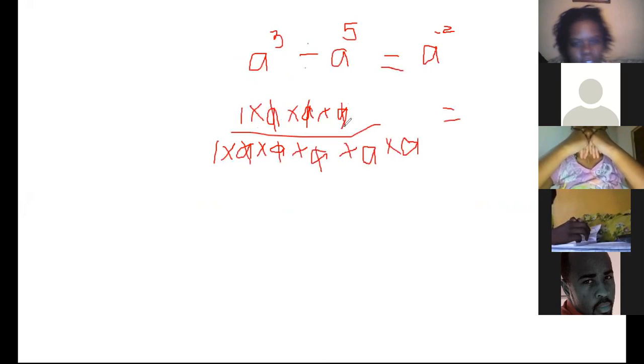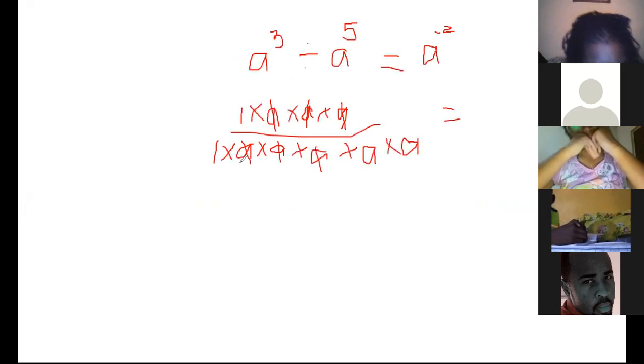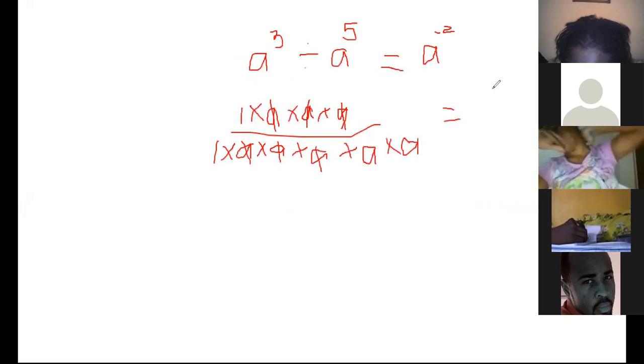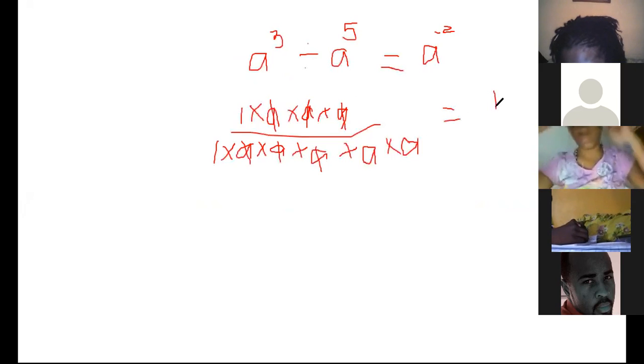Oh, I had an extra one down here. You never see 1, 2, 3. Okay. We have canceled, right? A into A, and A into A, and A into A. What is left at the top? 1. What is left on the bottom? A. Just 1 A? No, it's 1 A to the second. It is A to the